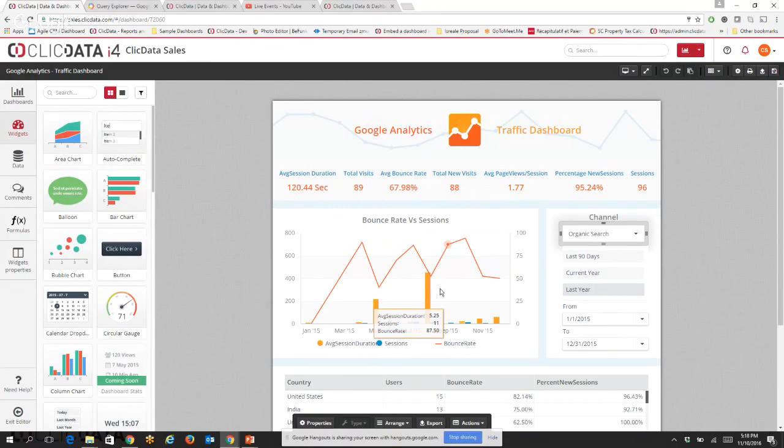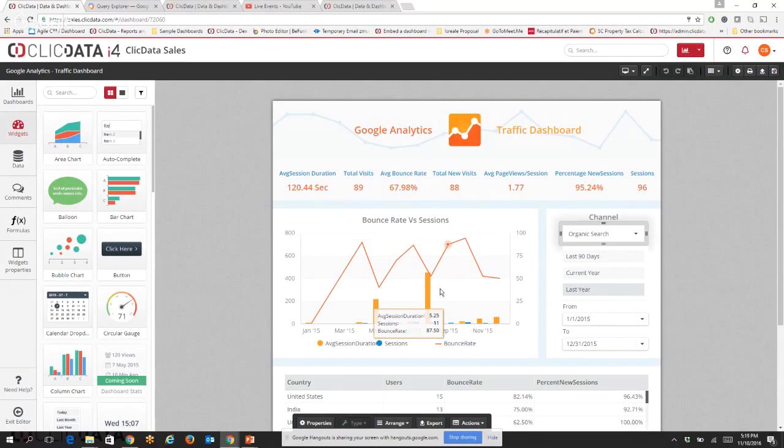Not only this, you could also start combining your data from different sources together. So if you have data from Google Analytics and you would like to cross-match this data with a normal Excel file or with your database, you have the capability to do that, because now ClicData acts as a data warehouse for you. You connect your analytics, you connect your SQL database, and you can have both these metrics on your